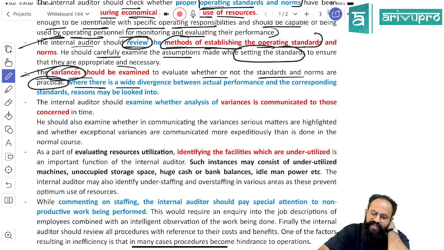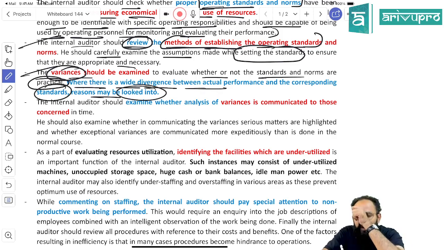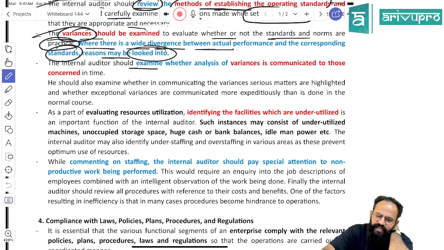Where there is a wide divergence between actual performance and the corresponding standard, reasons may be looked into. So 50 and 40, why? And see how many people are not able to meet it. If only 1 or 2 are able to meet it, that means you do not have a realistic standard. Okay. The internal auditor should examine whether